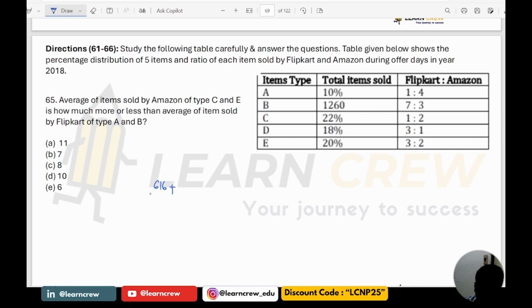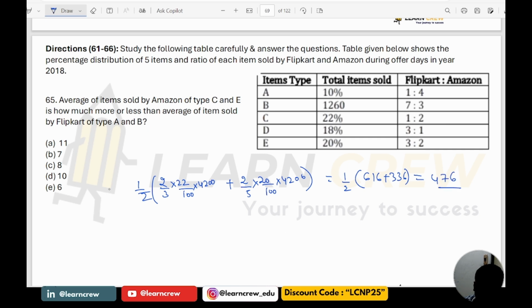In that, 2/3 is 616. 2/3 of 22% of 4,200, plus 2/5 of 20% of 4,200. So C and E together by Amazon, divide by 2. How much are you going to get here? 1 by 2 into this value is 616. This value is 336. So average would be